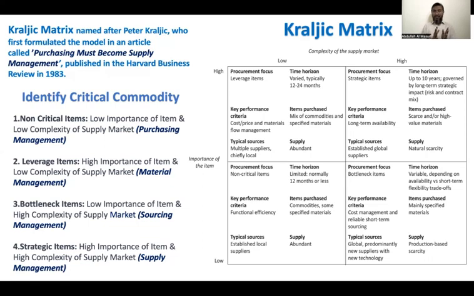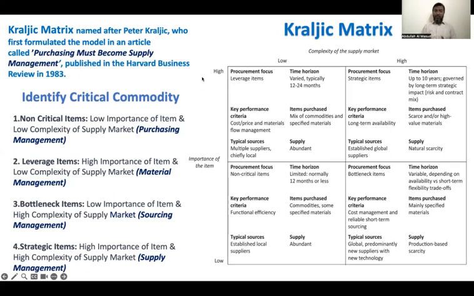In the very left, if we see the importance of the items, it is high importance or low importance of the items. At the same time, for the complexity of the supply market, we can see low complexity of supply market or high complexity of the supply market. So what are the combinations? In the very beginning, we start with the first one, which is